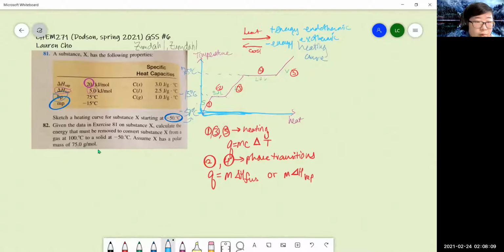yeah, so now you're starting at 100 degrees Celsius. So that's somewhere like up here, maybe. You can see that 100 degrees Celsius, and you're trying to get it to solid. So now you know this is a gas, even if they didn't tell you, you know it's gas. And then you're going to solid. Assume X has a polar mass. I think it's supposed to say molar mass. I don't know why it says polar mass. Molar mass. That's kind of weird. Molar mass of 75 grams per mole. So,